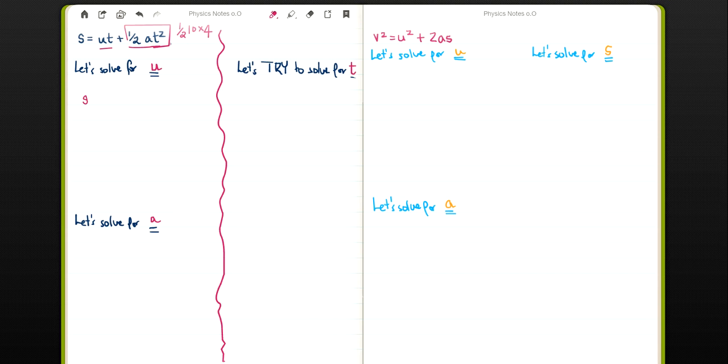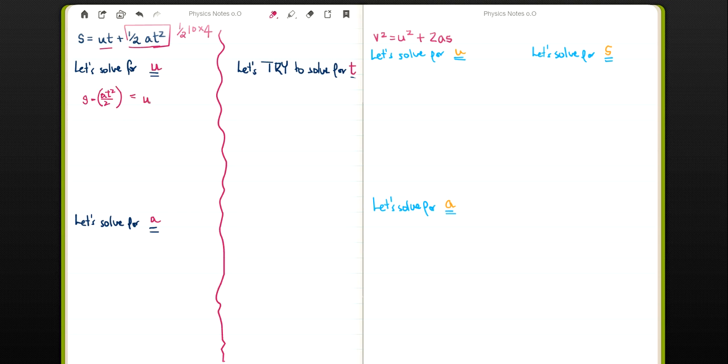You have ut plus 20, so you can treat this as a whole entity and say s minus, in brackets, at squared over 2, and I put it all over 2 because it is multiplied throughout by a half,